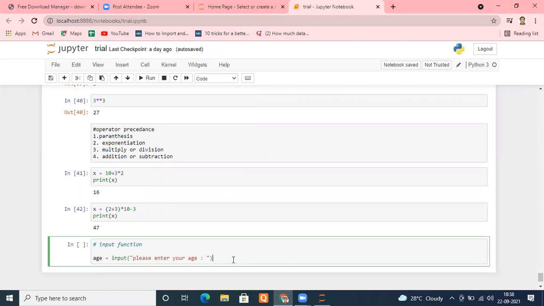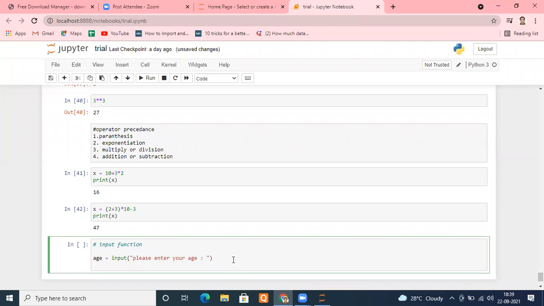Once I run it, it will ask the user to enter his age, and whatever value the user inputs, remember, the input function always gives you a string only. Remember that.